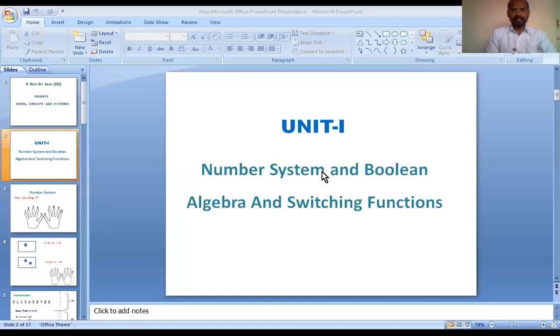In the last class, we have started with unit 1, which is number system and Boolean algebra and switching functions. This unit 1 is about number systems and Boolean algebra and switching functions. In the last class, we started with the number system. The number system. If you look at